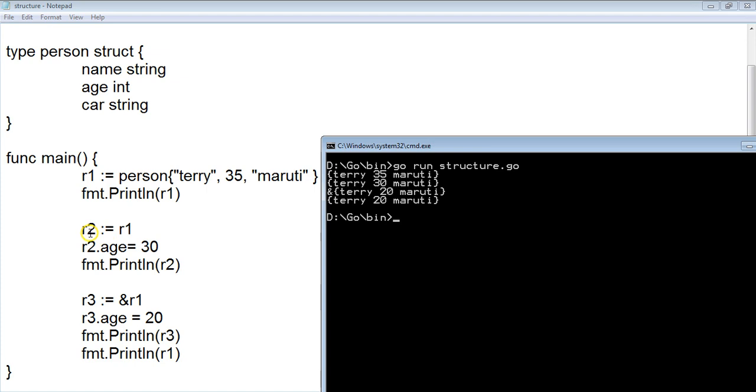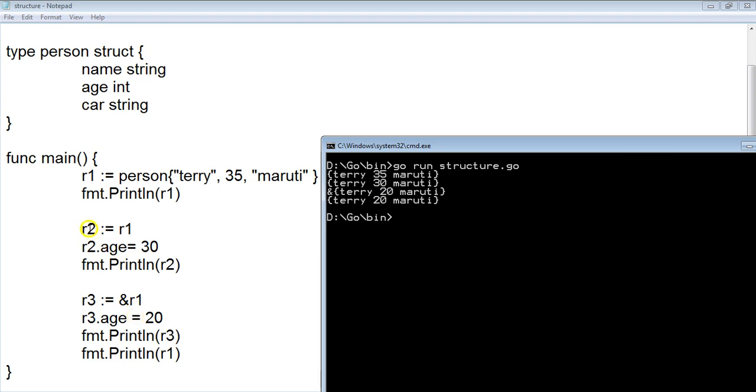Secondly, when you print r2, it prints Terry, 30 and Maruti, because the age was changed to 30. And thirdly, I assign the address of r1 to r3, and we change the value of age for r3. This time r3 and r1 both get changed, because since r3 is pointing to the address of r1, the value of r1.age changes as well. So the values of r1 and r3 are the same here, because r3 is pointing to r1.